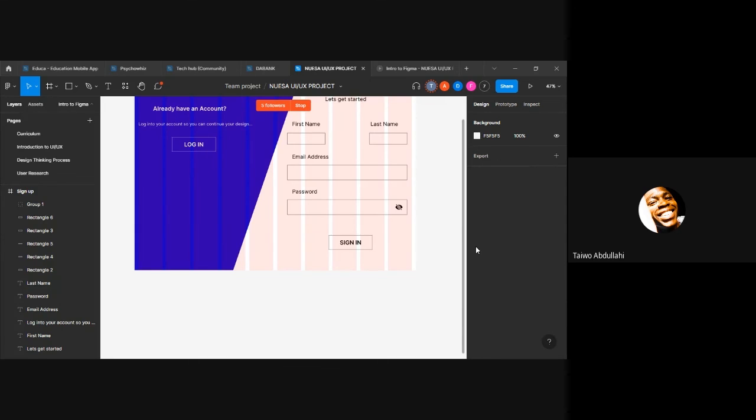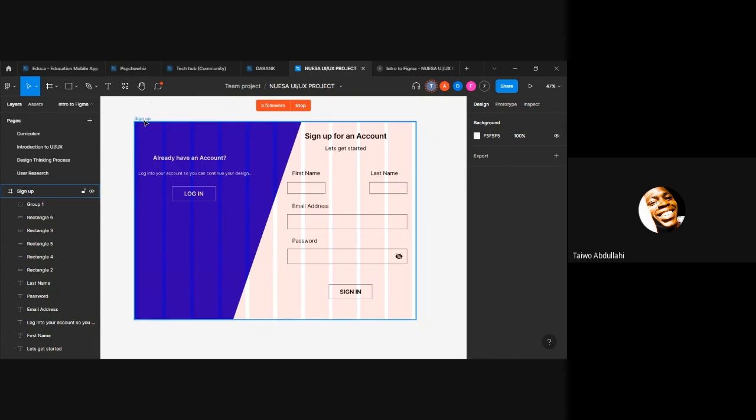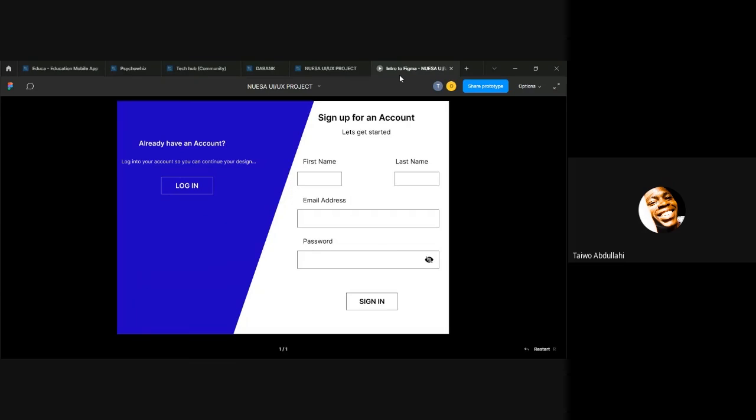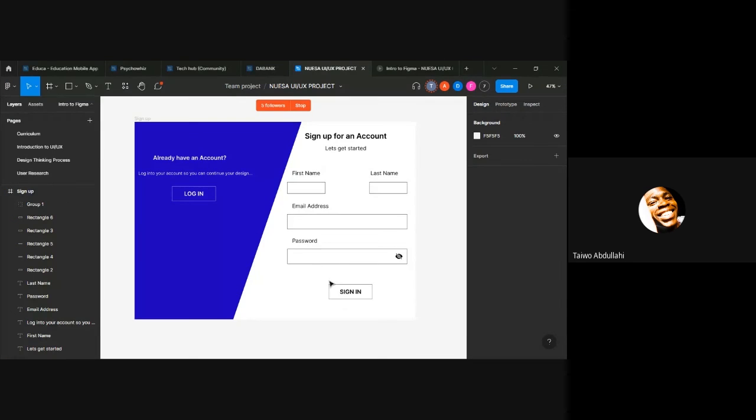I think it's even time. Okay, let's stop here for today. Please know that at the end of every design, you should always remove your layout grid. This is my design now, just a simple login page. If you want to go further, you can just